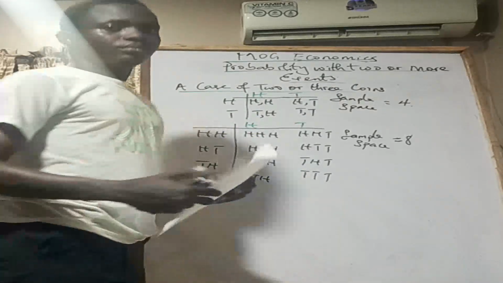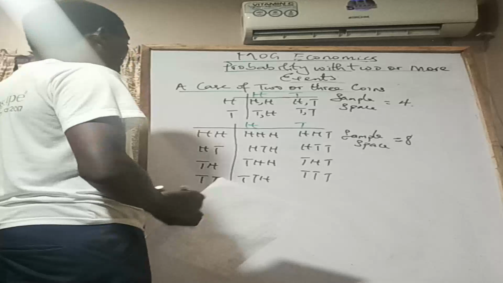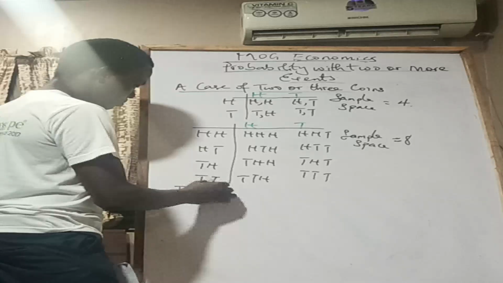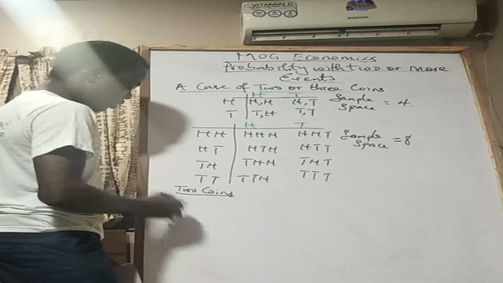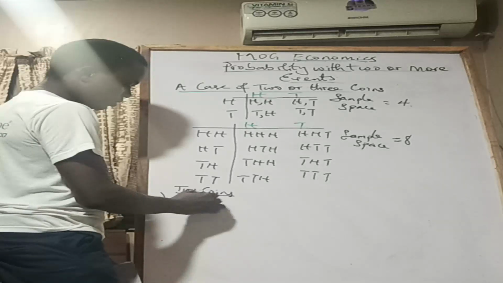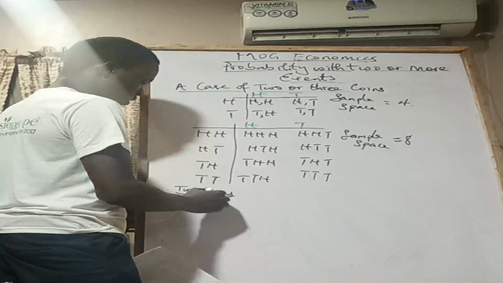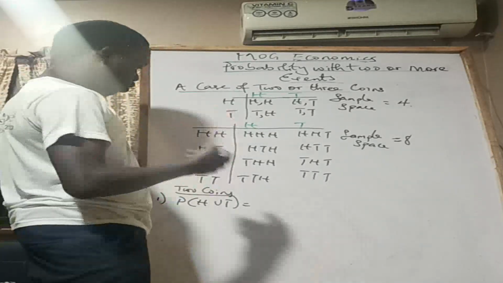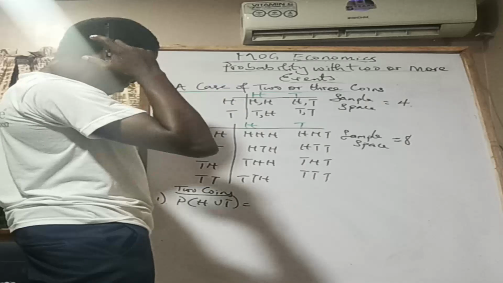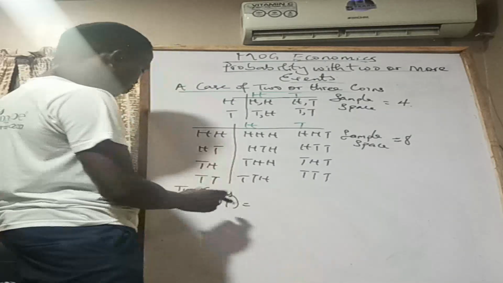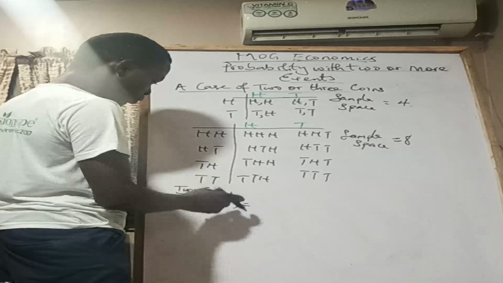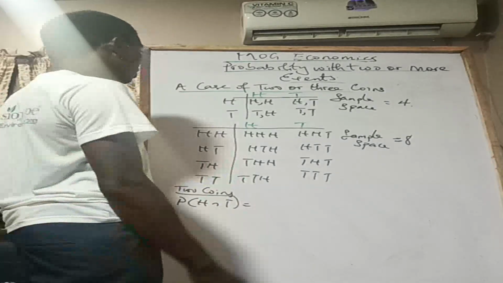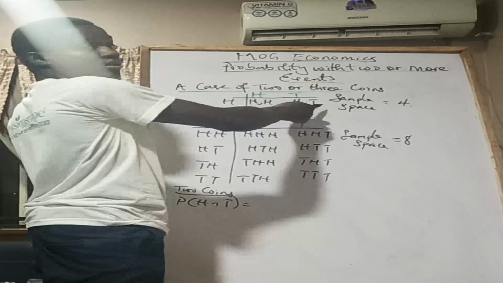Let's just do this. The first one, we are looking at 2 coins. Question 1 is, what's the probability of getting a head or tail? Where you toss 2 coins simultaneously, head or no. Should it be head or tail? No, it should be 1 head and 1 tail. So you have 1 head and 1 tail here, right?